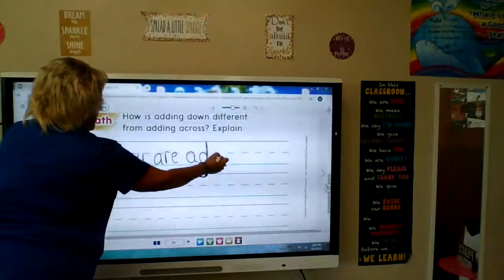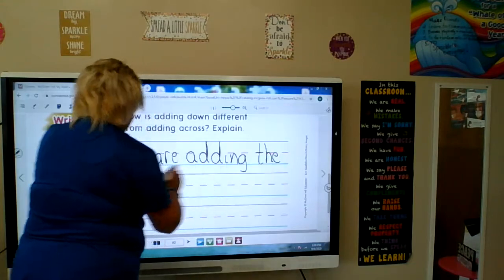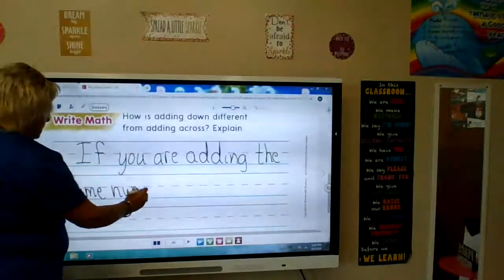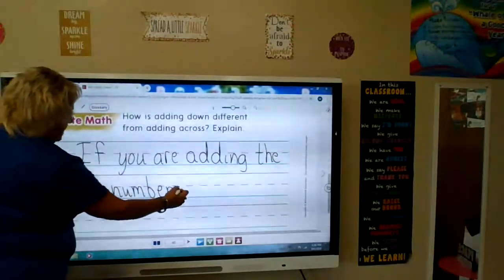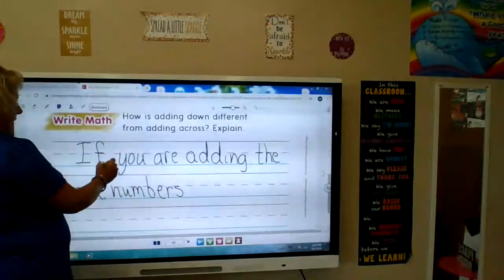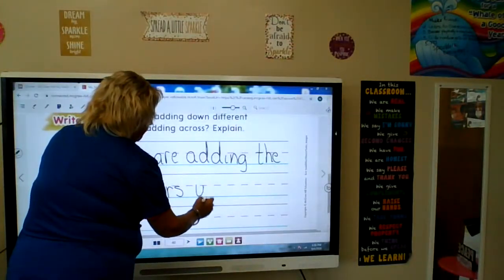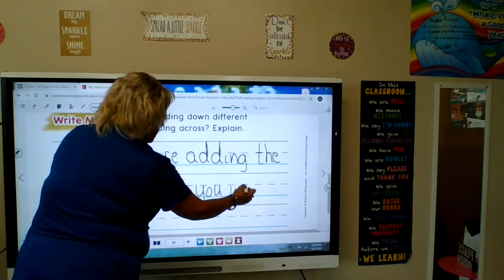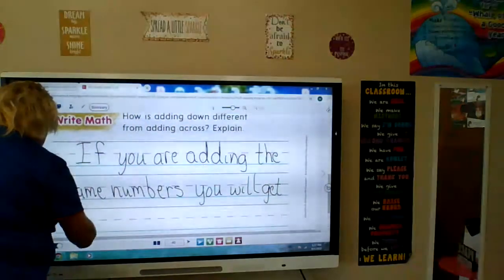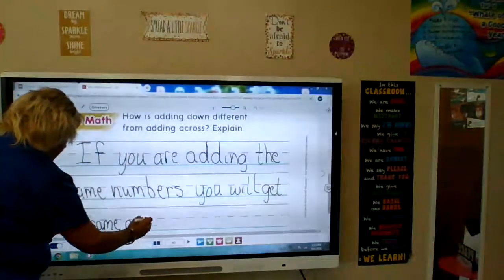If you are adding the same numbers, I'm going to try to stay in the lines. Dotted line, bottom line for small letters. Top line, bottom line for tall letters. If you're adding the same numbers, you will get the same answer